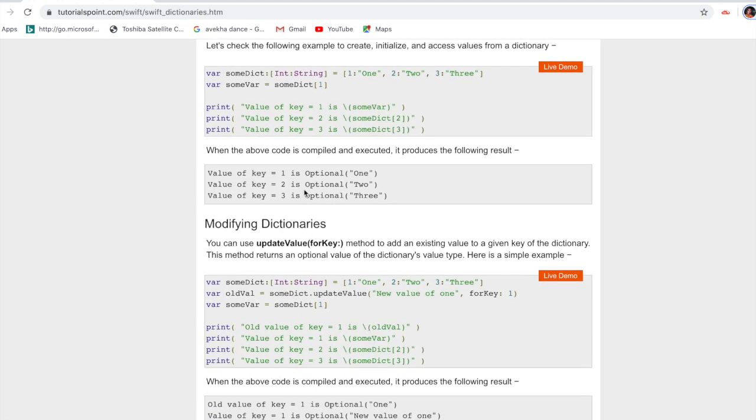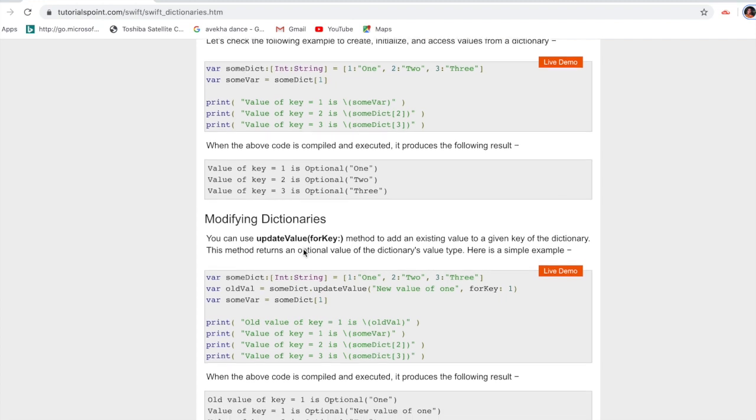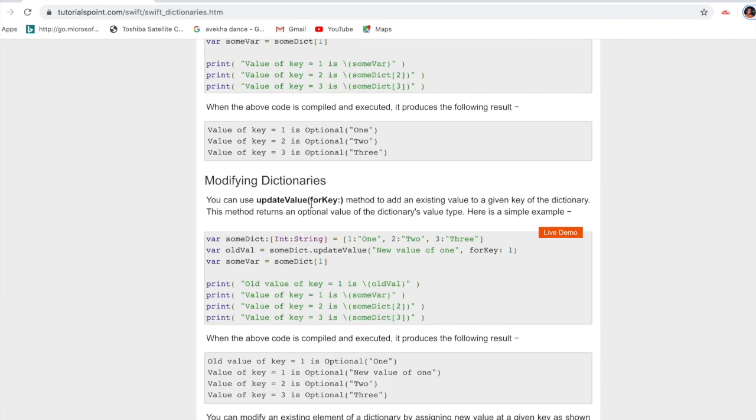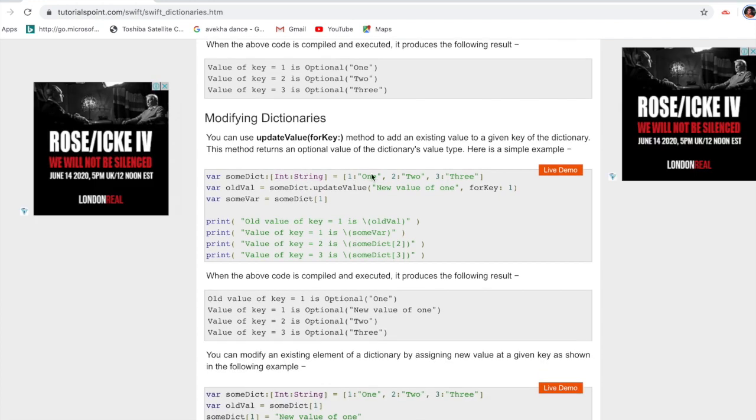Same case, we can append, meaning we can update a value, just adding a value. Okay, so let's see this, modifying our dictionary.